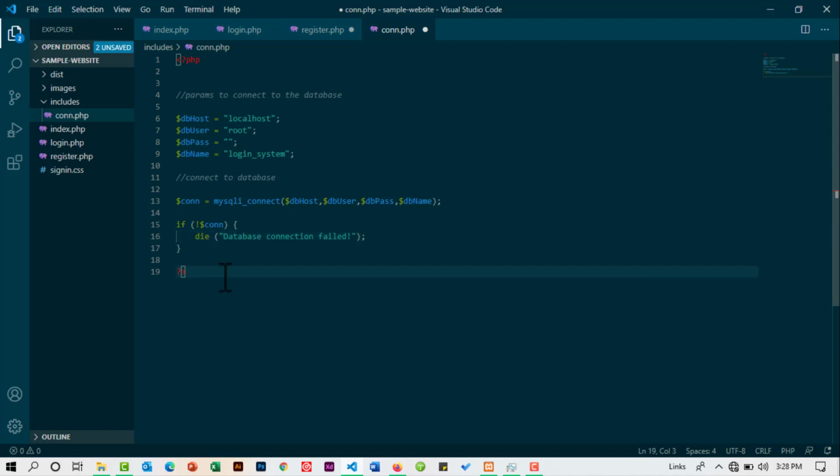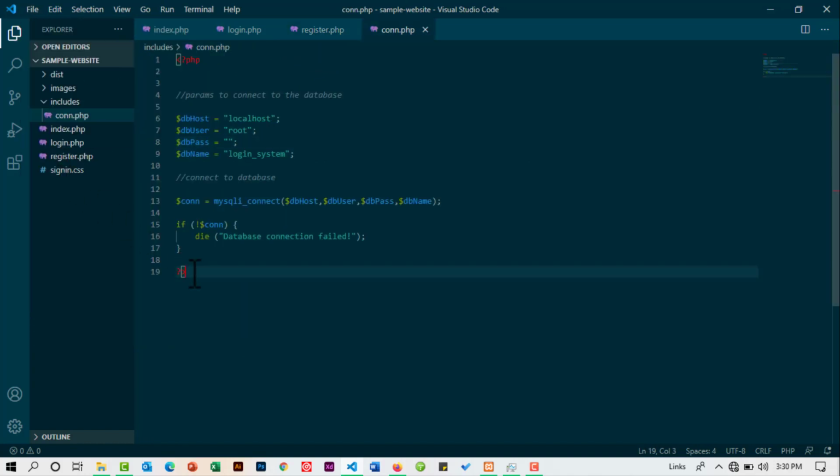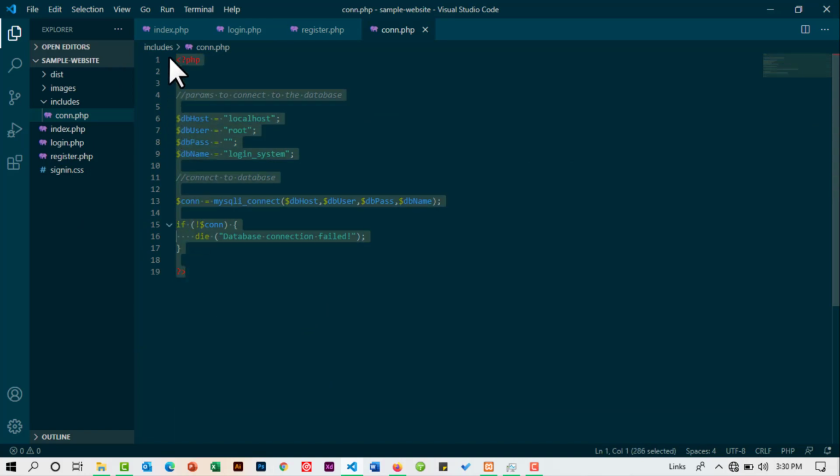So just like that. This is all the PHP that we require to connect to our database. So let us save that and test to see if we have any errors. Make sure you save everything. Now we have finished all the PHP that will help us to connect to the database. And the first thing that I want to do before I continue is to test whether we have any error